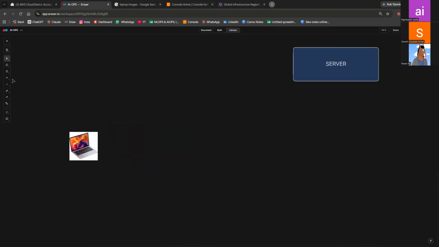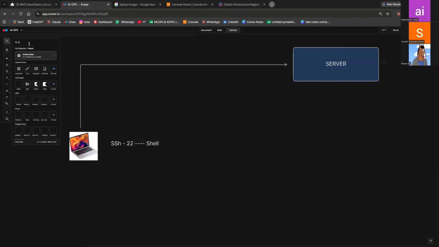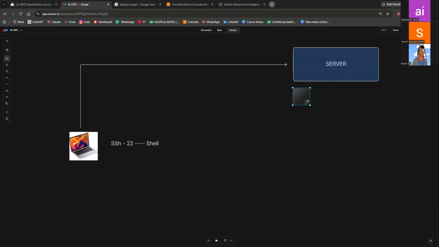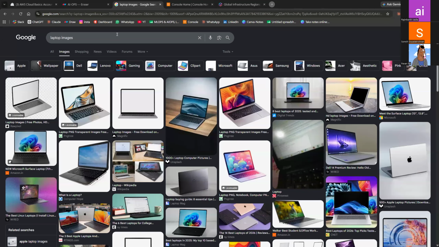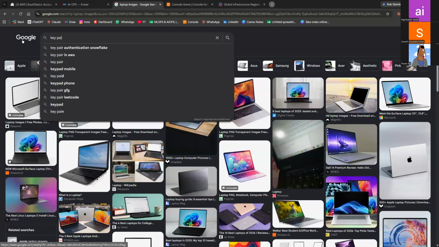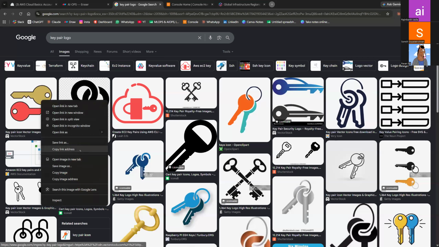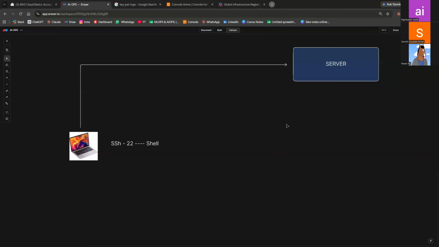As I said, I'll connect to it via an SSH port number, which is 22, again a shell. So I will be creating two keys: one is a public key and one is a private key.